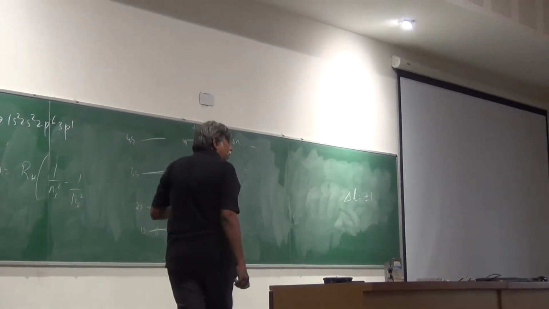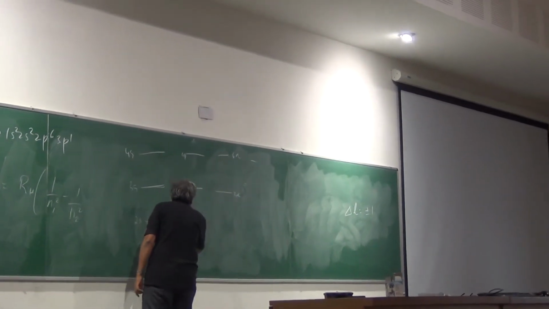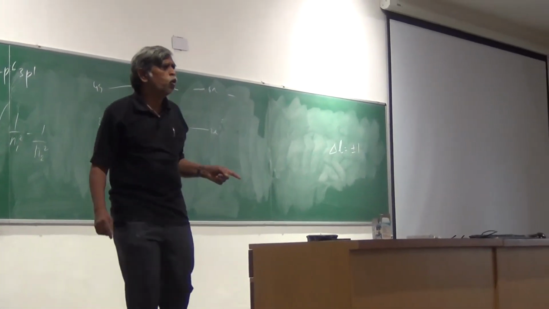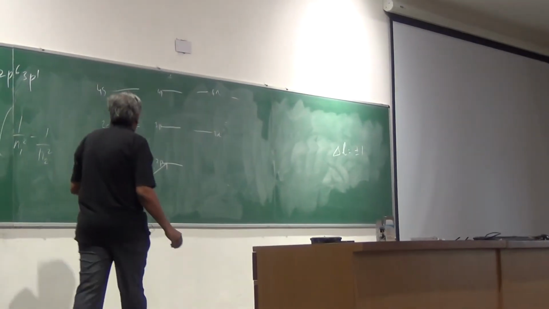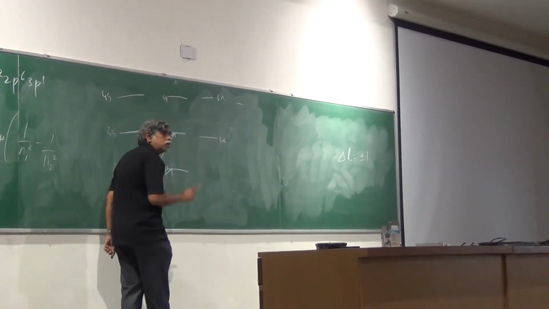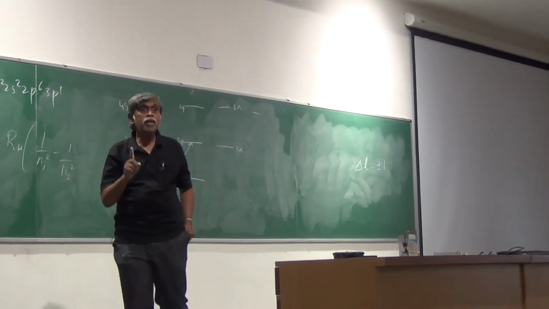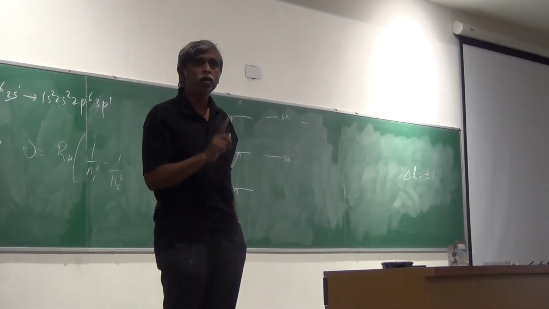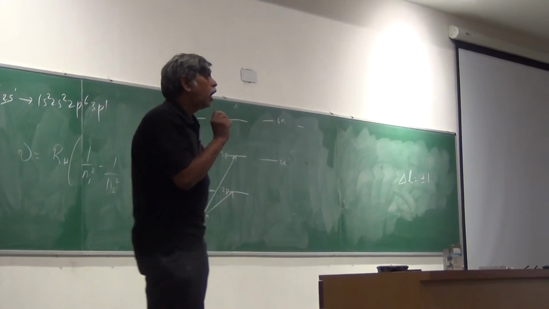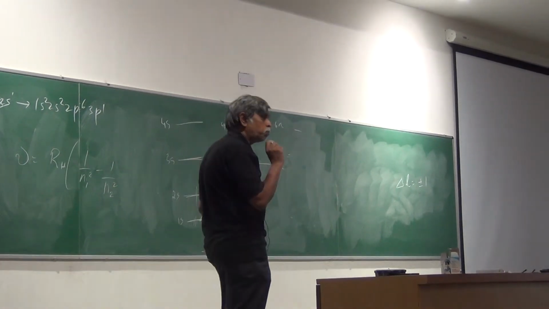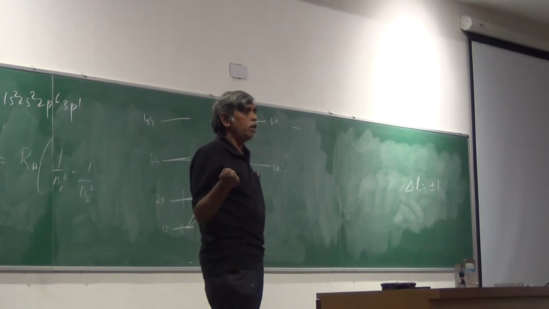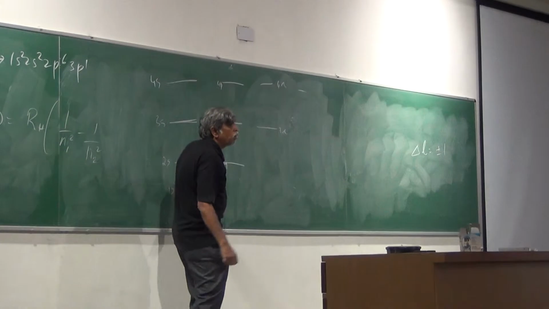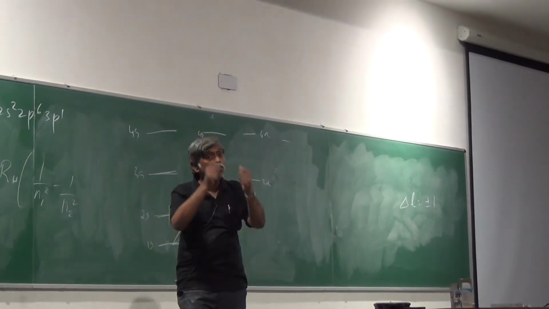So if I start with a 1s, I can go into this transition, a 2p transition. Starting from 1s, where else can I go to? That's fine too, because I can go from 1s to a 3p, because n is not important. But what's important? The L changes are important. And by jumping from 1s to a 3p, I still respect the delta L equal to plus 1 selection rule. I don't have to worry about n, and therefore it is perfectly fine. Which essentially means that I can start from here and go to any of these p levels, it's perfectly okay. But I have to go to a p level.